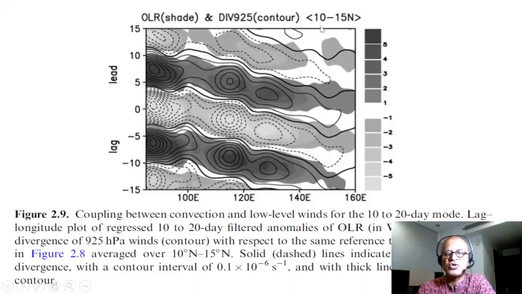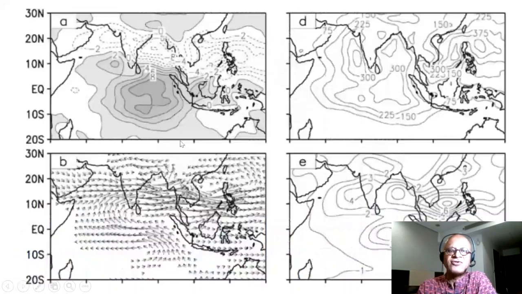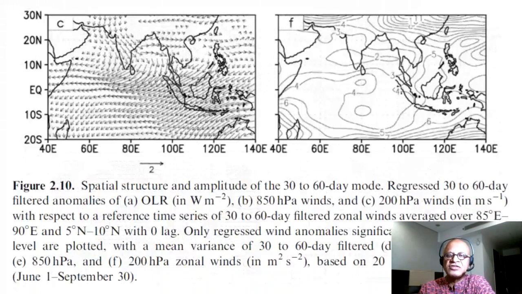Here we are averaging over 10 to 15 north, so you mostly see westward propagation of the dry and wet systems. This is a similar figure for the 30 to 60 day mode, regressed 30 to 60 day filtered anomalies of OLR, 850 hectopascal winds and 250 hectopascal winds, and D and E and F are showing OLR, 850 and